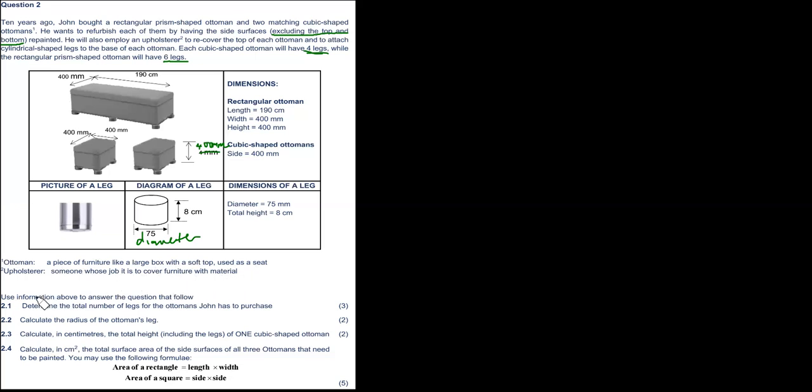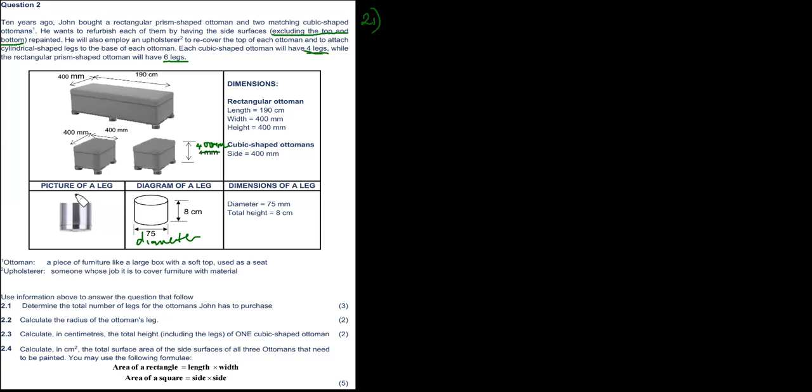But what is important here is to start understanding the questions. Determine the total number of legs for the fastener John has to purchase. How many legs? So Tina, we're going to say for 2.1,